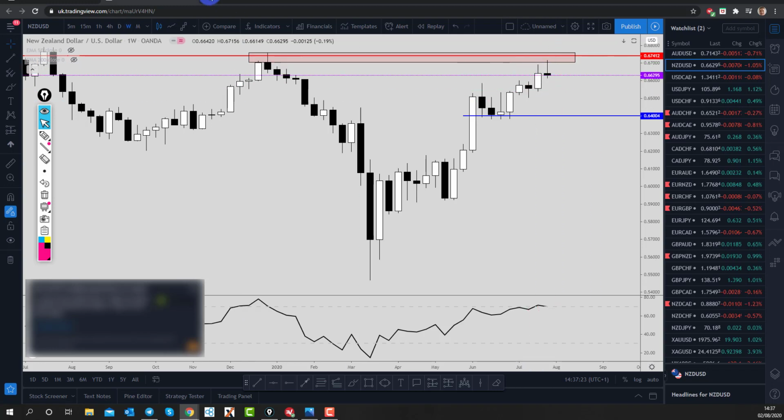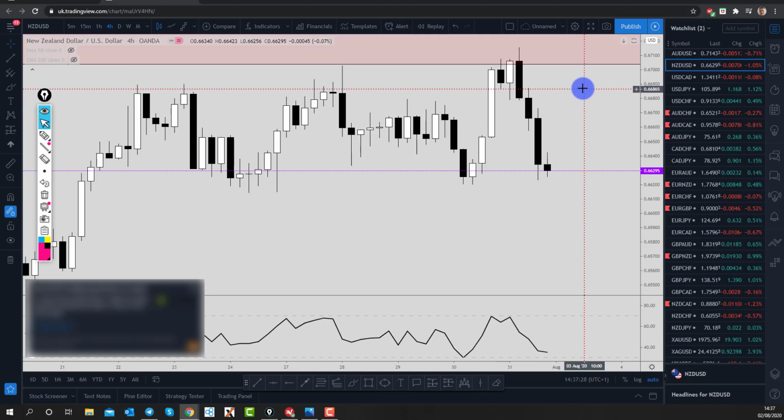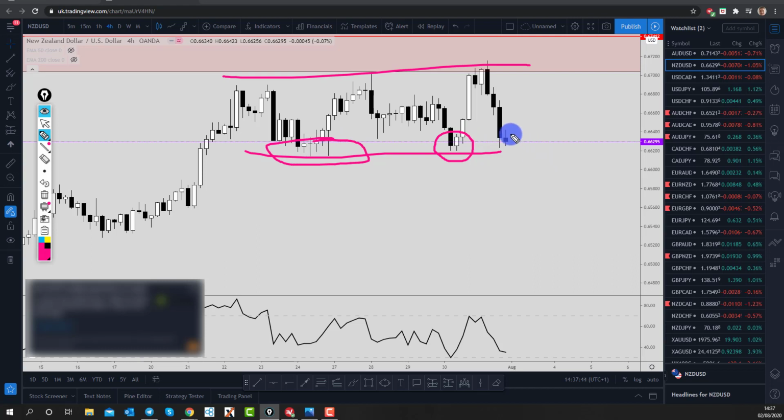So the way I'd look at this going into next week, if I just go into that 4-hour time frame, is I'd look for a 4-hour change in the trend. At the moment, we don't have that. The market is literally just consolidating in a slightly tight range on the 4-hour time frame. So what I'd really want to see is price break below these lows through here. If we can do that and break and close below those lows, I want to be looking for that pullback continuation move on any kind of Kiwi pair, looking to sell the market in line with that strength and weakness